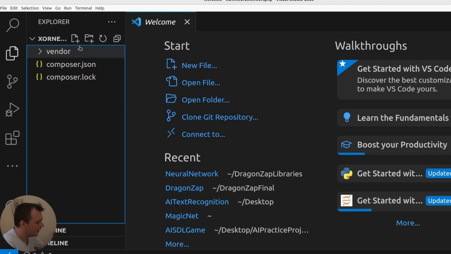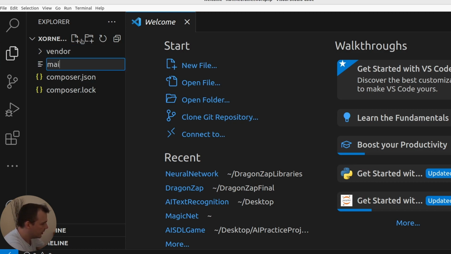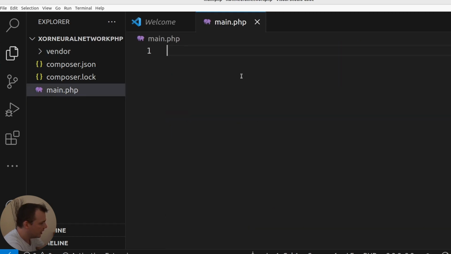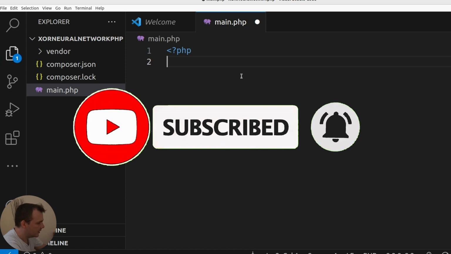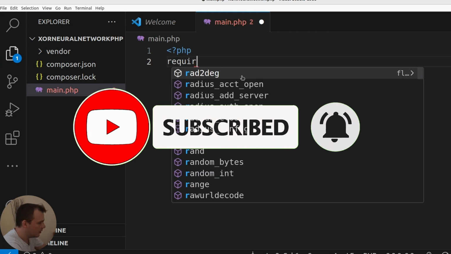Now inside that folder, you'll see composer.json. This is the composer file for our project. I'm just going to create a new file called main.php. And this will be our PHP file responsible for working with the neural network. Now in this video today, we're going to create an XOR neural network so it will successfully predict an XOR operation. So we're going to open up our PHP tags and we're going to require